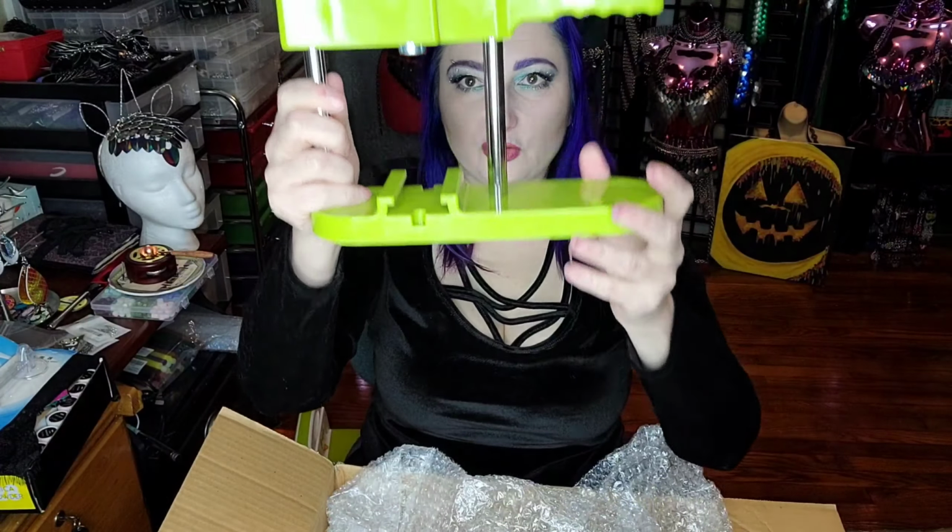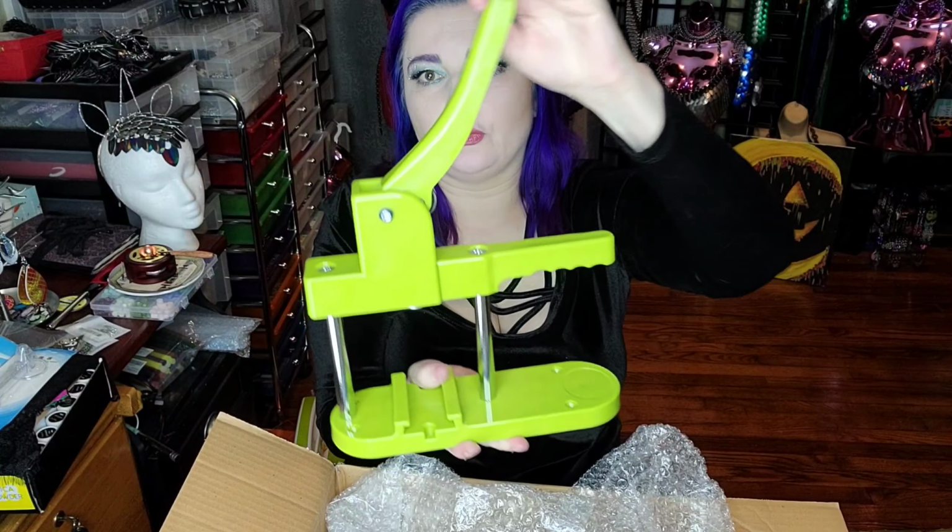So here is our actual machine. As you can see, this one is a little bit sleeker than that other one I showed you. So that's nice. And it has a handle that just,